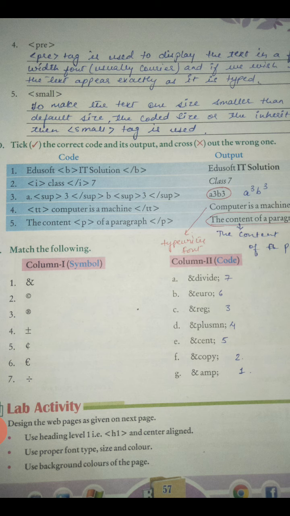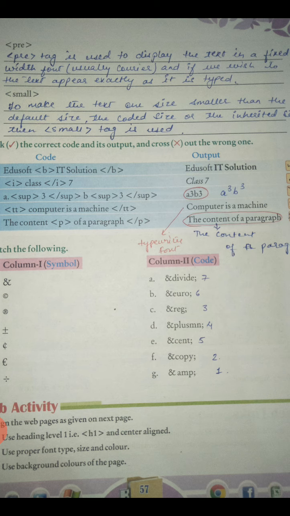The next is the content P of the paragraph. The content written is normal text. Then they have started a paragraph. A paragraph should always have a blank space, white space, before and after it. So they have started a P tag, after that they have written of a paragraph, then they have closed the P tag. So the output should be the content, then after some space, from the next line, it should display of a paragraph. But nothing like this is in the output. They have simply written the content of a paragraph in a single line. So the output generated here is wrong.